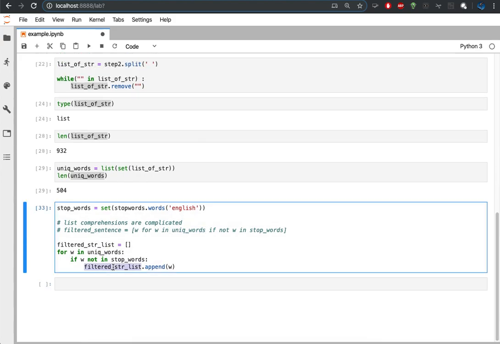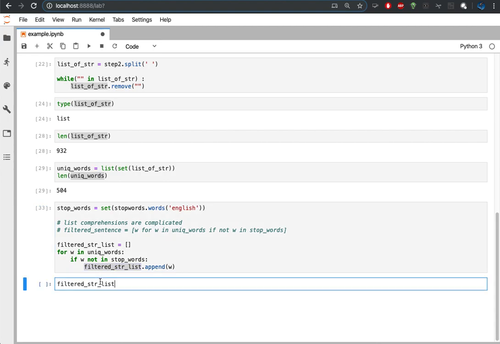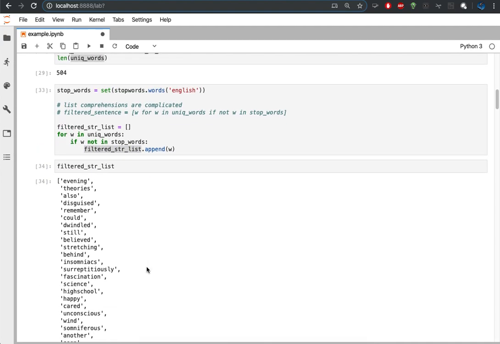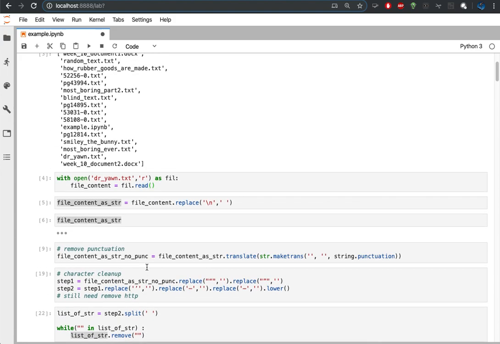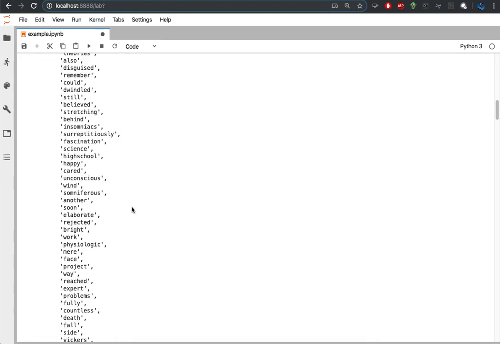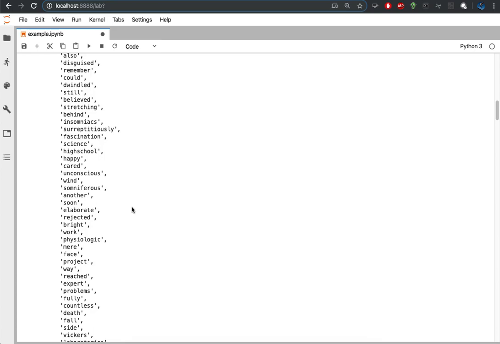Alright, let's take a look at the filtered string list now. So this is all of the words in our original document here, dryarn.txt, that are not in the list of